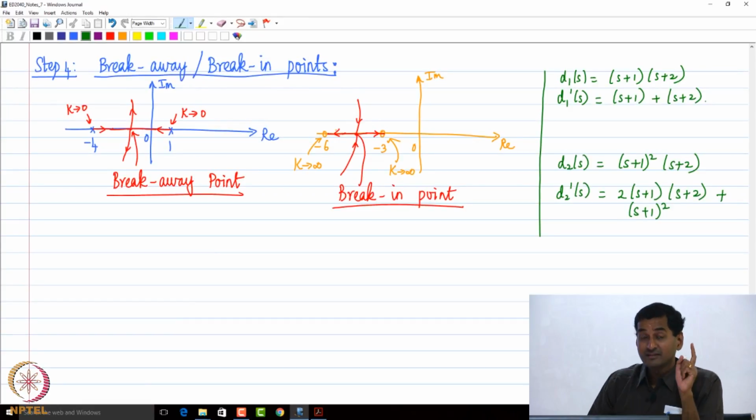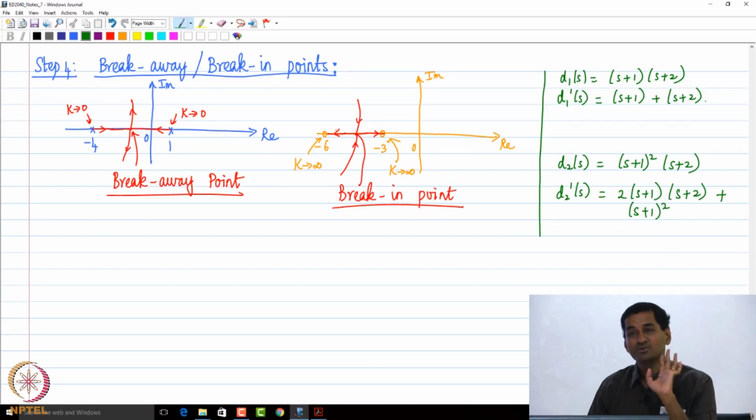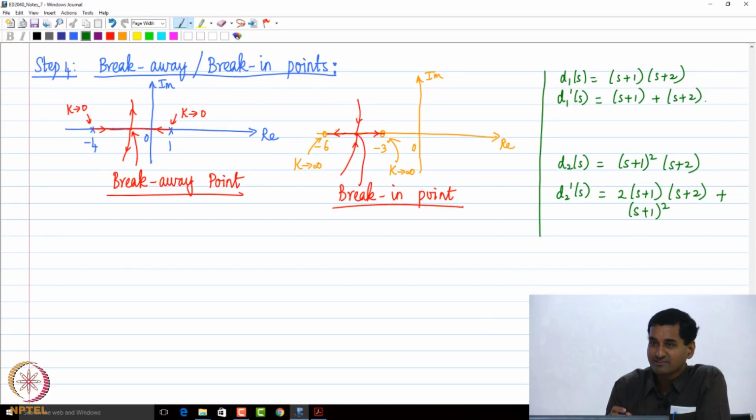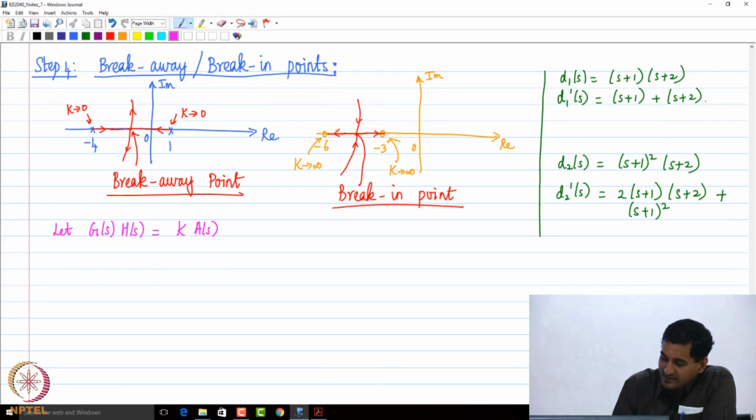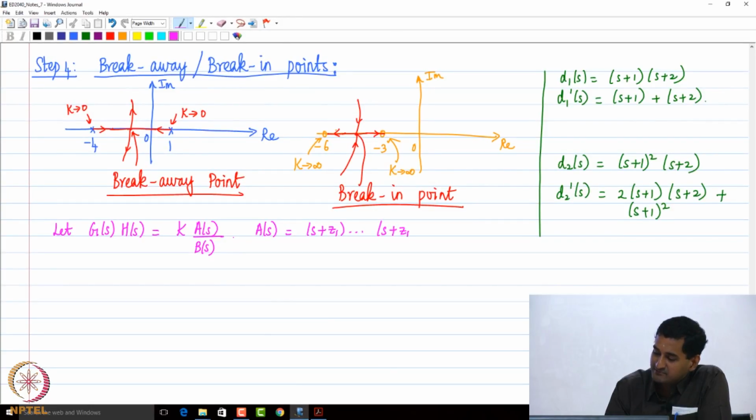So irrespective of the multiplicity, how many times it repeats, all of us agree that if the multiplicity is greater than 1, the first derivative is going to be certainly 0. We make use of that fact. So is it clear what logic we are going to use now? Okay. So for this particular case, let g(s)h(s) be written as k times a(s) divided by b(s), just for simplicity. If you recall, a(s) is nothing but (s+z1) all the way till (s+zm), and b(s) is going to be equal to (s+p1) all the way till (s+pn), okay. And consequently the closed loop characteristic equation